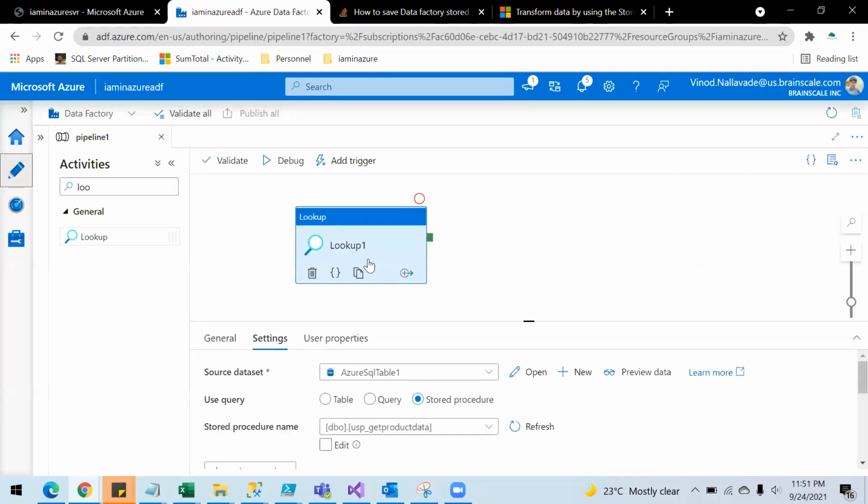In my next video, my plan is to copy some data from one blob to SQL Server, and from that I'm going to call this stored procedure activity. Then I will trigger a function app which will send out some mail about whether the activity has been done or not. So that is my further video that I am planning to create.